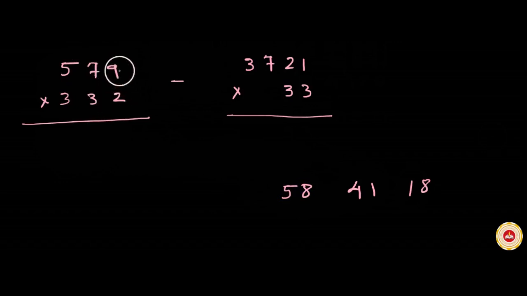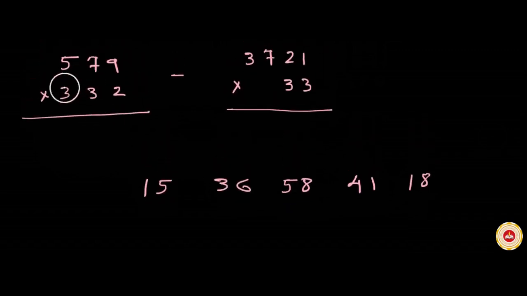So it is time to exclude first column and consider last two columns. That means second and third column. Two columns. So multiplying the digits crosswise. 3 5s are 15 plus 3 7s are 21. 15 plus 21, 36. Now exclude second column also and consider last column, third column from right side. 3 5s are 15. Write 15. Now friends, we have written the answer of this product in 5 parts: 18, 41, 58, 36 and 15.